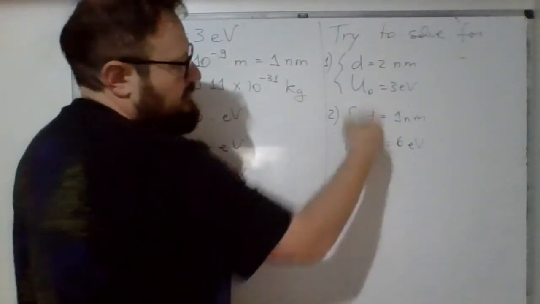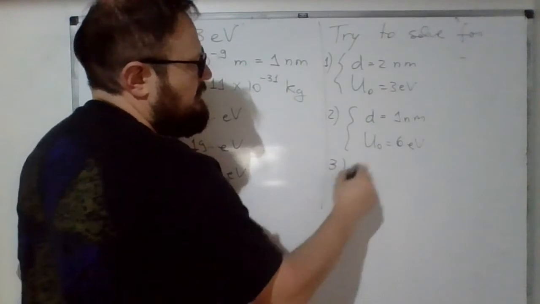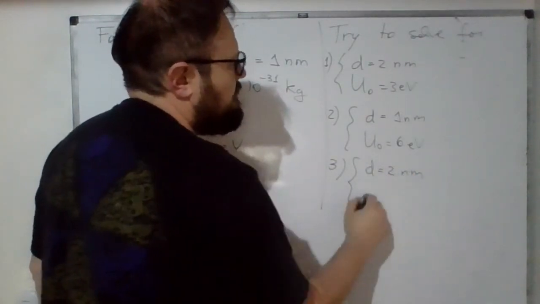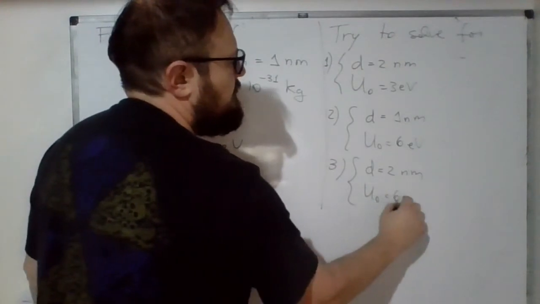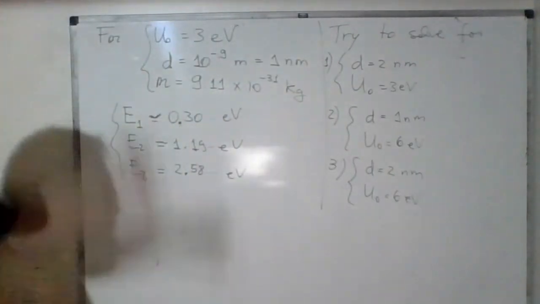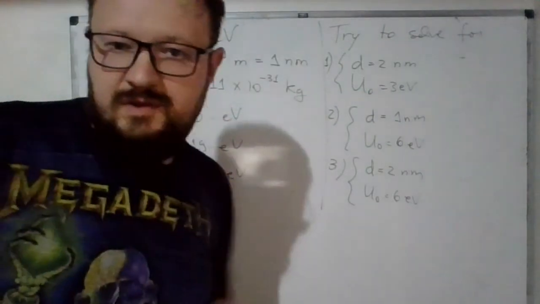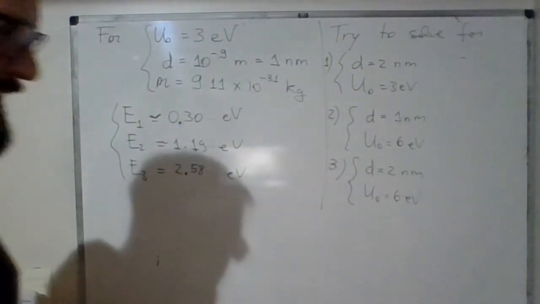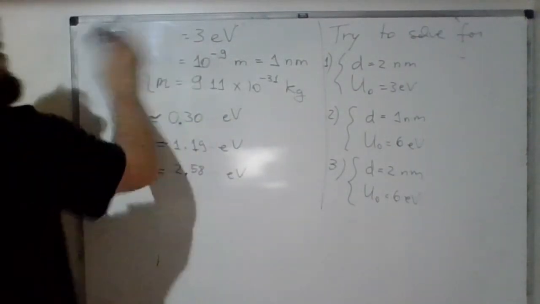And also you can mix things. Third case, suppose 2 nanometers, U naught 6 electron volts. All right, you can solve an equation of that type and find out what happens. All right, but now